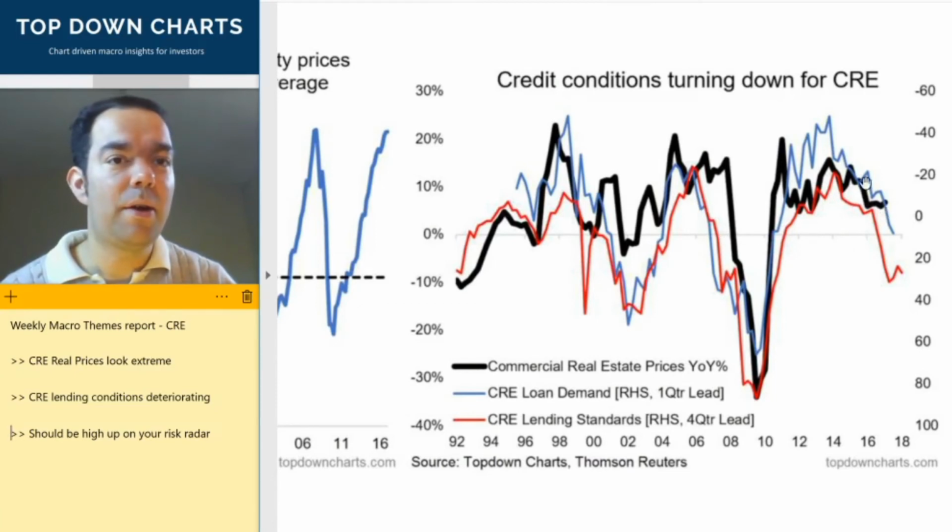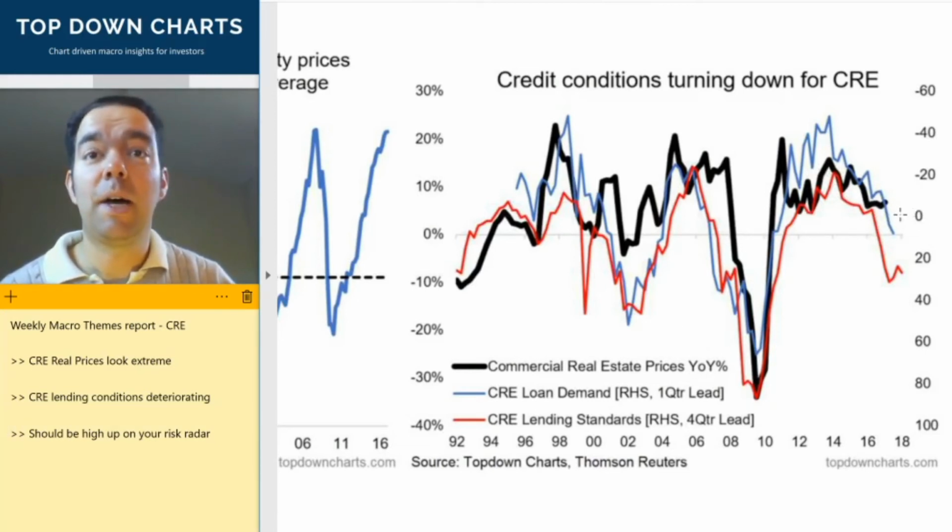And then that light blue line is actually commercial real estate loan demand. I've inverted that, times it by -1, so they're on the same kind of basis as the red line, which is lending standards, and that means that it's actually contracting. So that is a definite ding ding ding on the warning bells there. I would say that when you see these turning down like that,